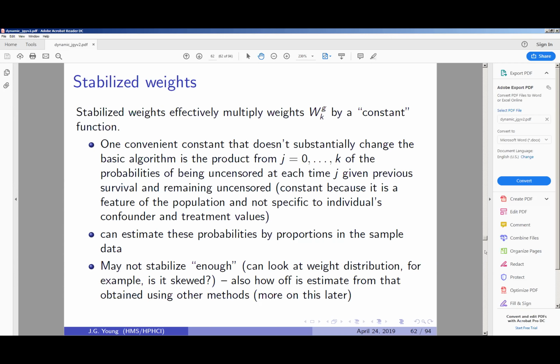But what if your investigator you're working with, like I've had this experience where I work with medical doctors and I convince them to come up with a question, and then it turns out it's a question that's completely not well supported by any data set, but they just insist that they want this question. Then the parametric G formula is going to answer it. It's just going to make a lot of assumptions to answer it,